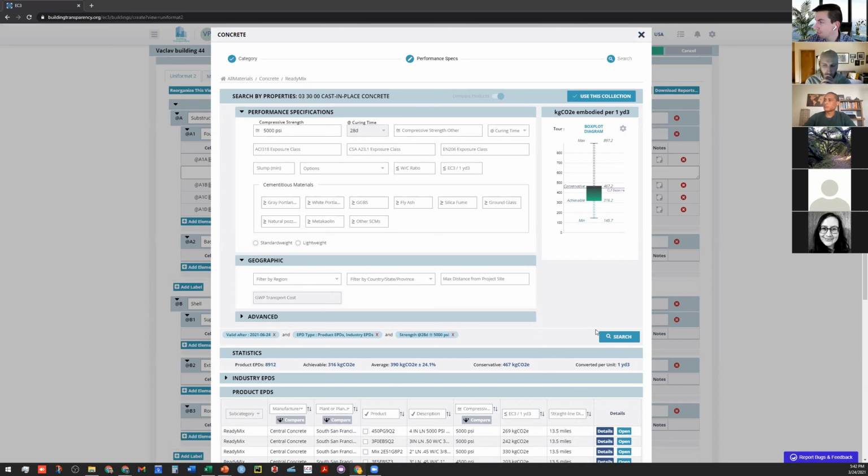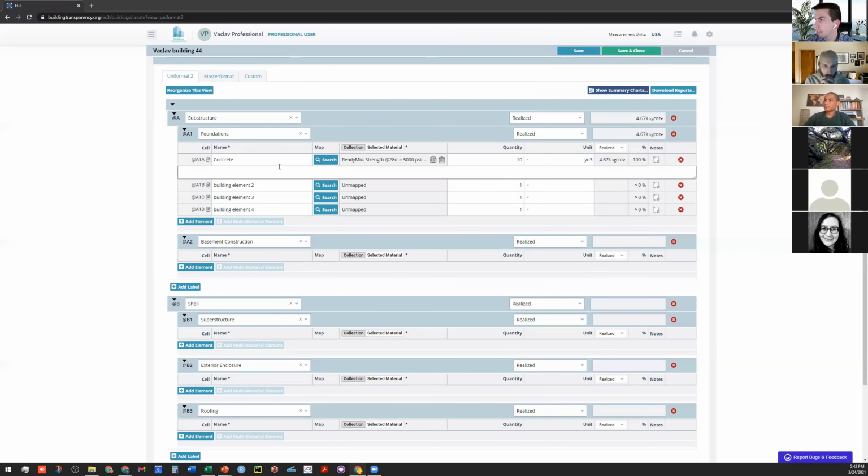So right now I have this search that I defined for 5,000 PSI concrete. If I did not select an individual EPD and just clicked on use this collection, it will assign just that general value for that material type to my quantity.